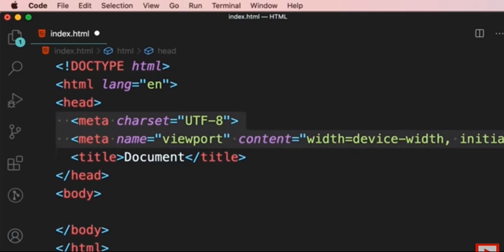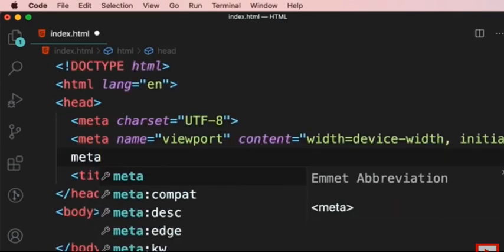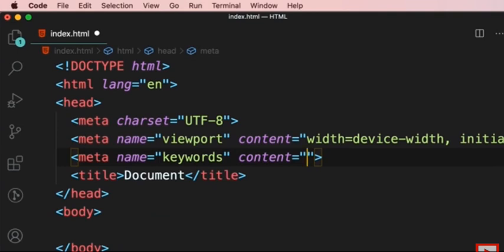But we have additional meta elements. Let me show you. So if you type meta, in this list, you can see all possible meta elements. For example, we have this element for defining keywords on a web page. So let's select this. Here we can type multiple keywords like HTML,